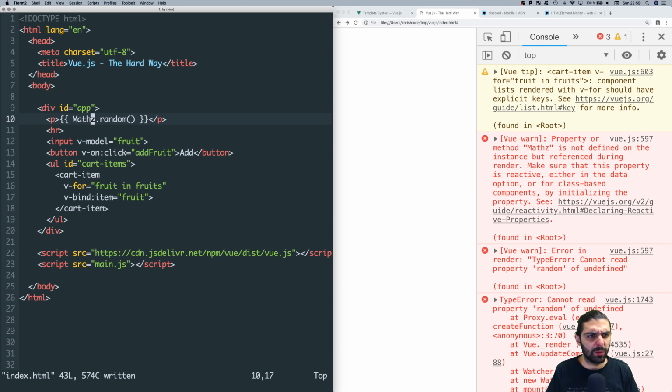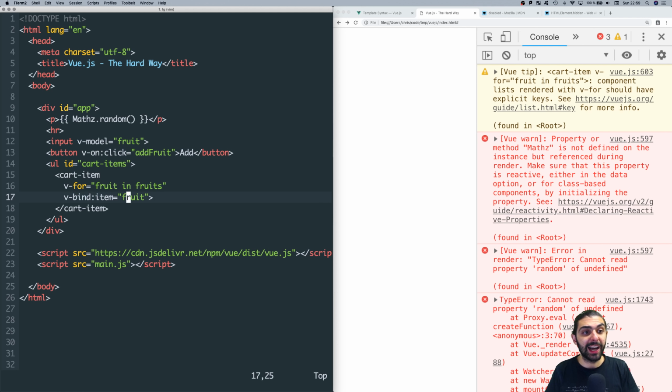And this, I don't think, have we looked at this or have we not? No, we have looked at this, right? So here we've defined the component cart item. We're probably going to look at this in much more detail, right? But in a previous episode, we looked at this where we have the component cart item, and we're v-binding the property item to